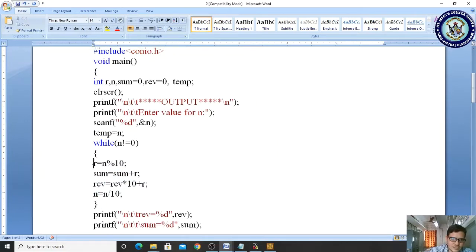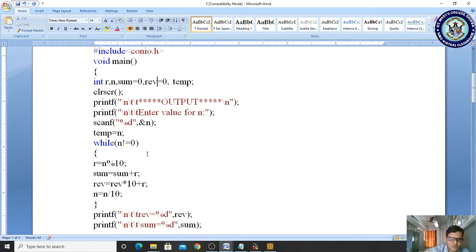First, we have to calculate the remainder. So what is the remainder? You take 111 modulo 10. What is the remainder you are getting? That is 1. Correct? 11 tens are 110 and the remainder is 1. Okay. So now sum. Already in sum we have 0, 0 plus R value 1. 0 plus 1 is 1. Where are you storing? In sum. Reverse into 10.